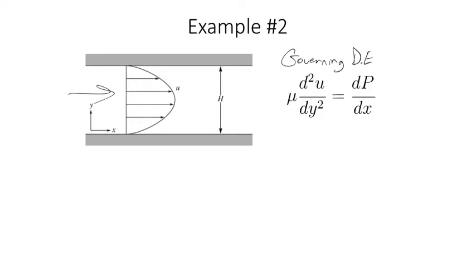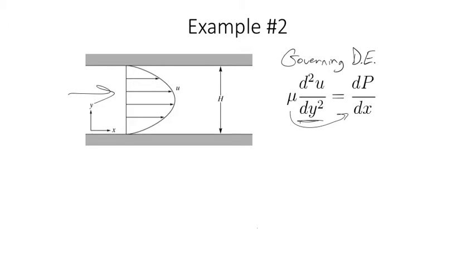differential equation. Basically it's reduced down from the Navier-Stokes equation. If you go back and look into a fluids textbook, you can probably find that for Poiseuille flow. What we need to do is take our viscosity to the other side, do our integration, and apply boundary conditions to solve that. So let's do the integration first, and then we'll apply the boundary conditions to come up with the exact